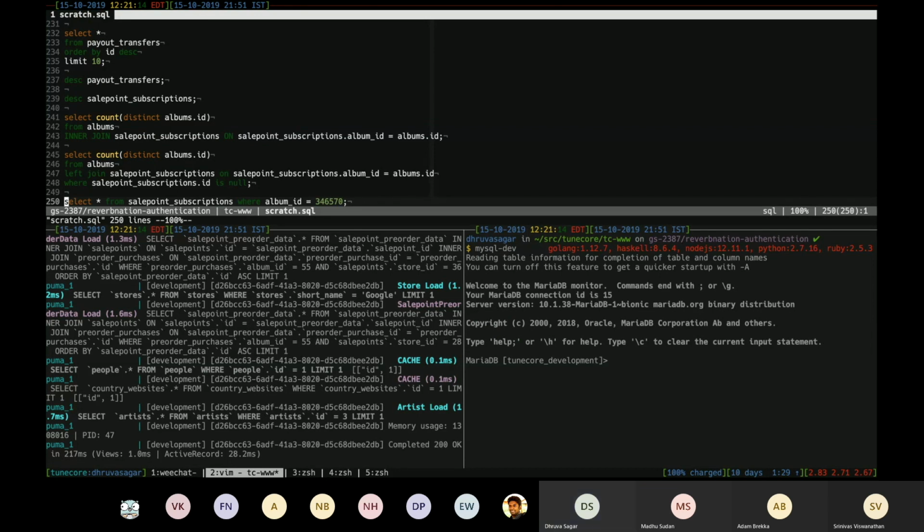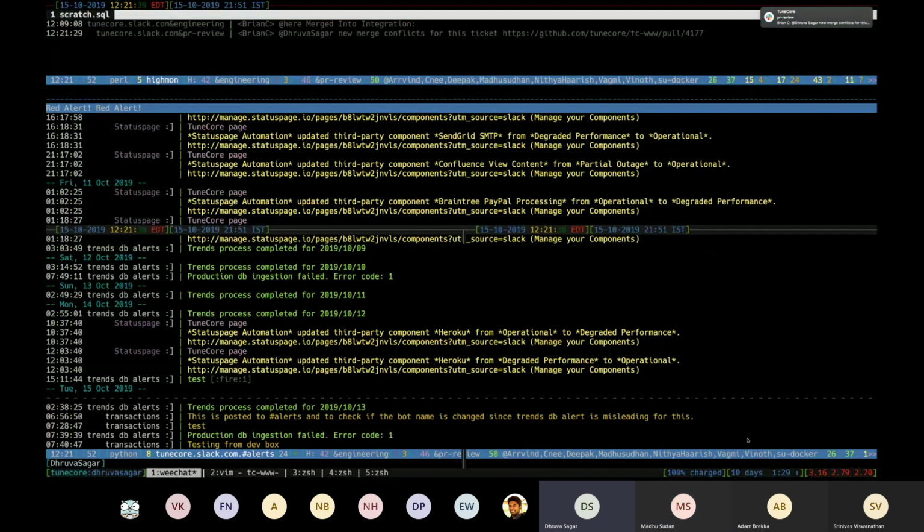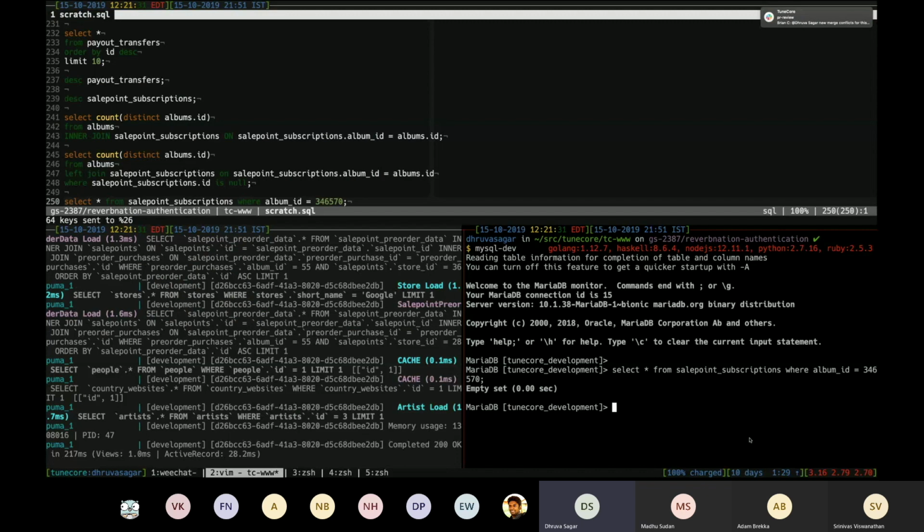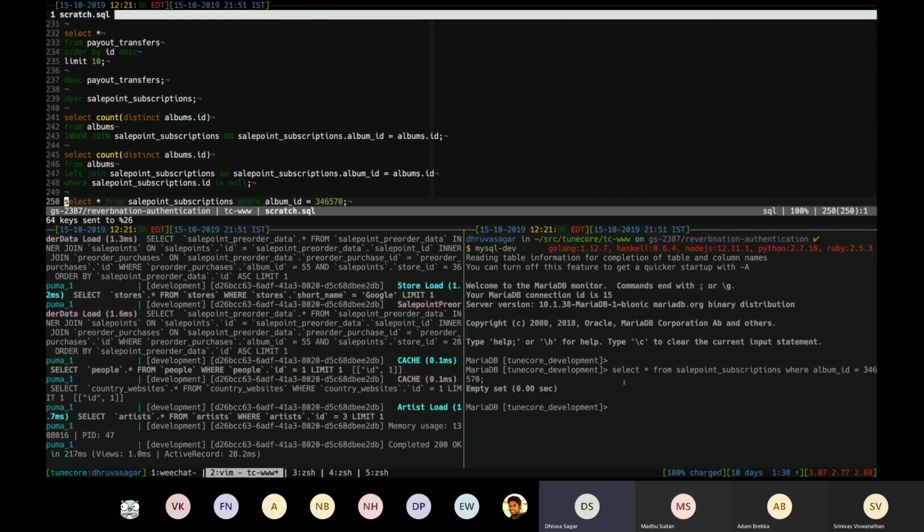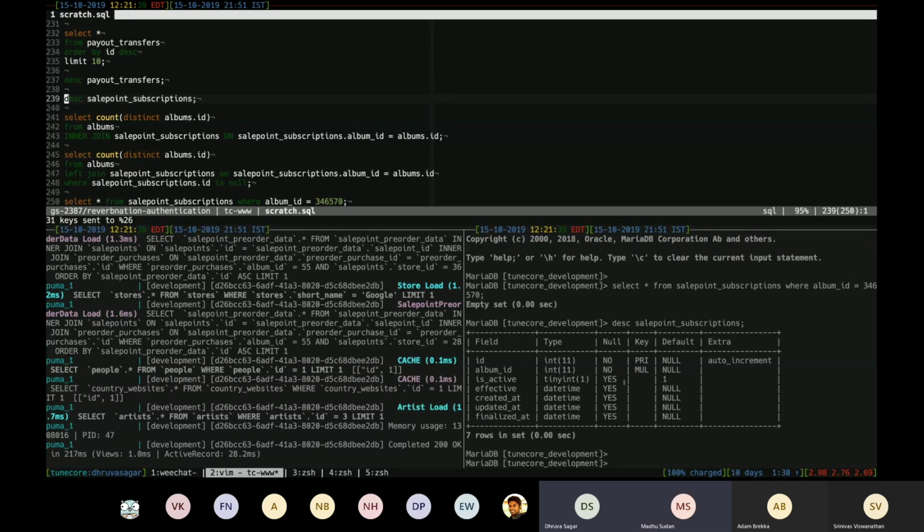And obviously, how it's done is slightly complex. I won't go into how it's done, but the fact that it can be done, I can showcase that. So I can literally just send text from the top to bottom. And if you see here, what happened is it executed that query here, and it just happens to be that there's no data or whatever, right? For instance, this would be more useful, I guess. So I can send the describe sale point subscriptions thing, and then it sends that there,